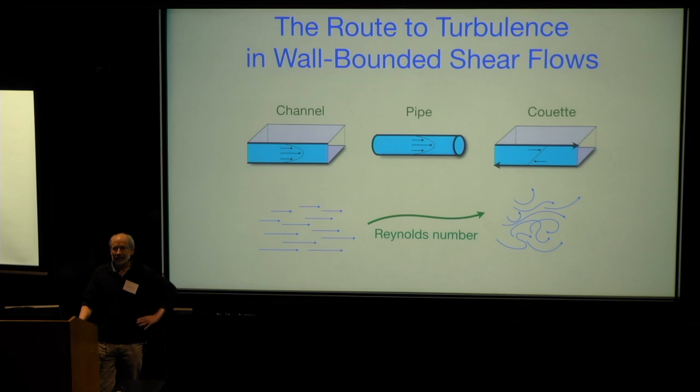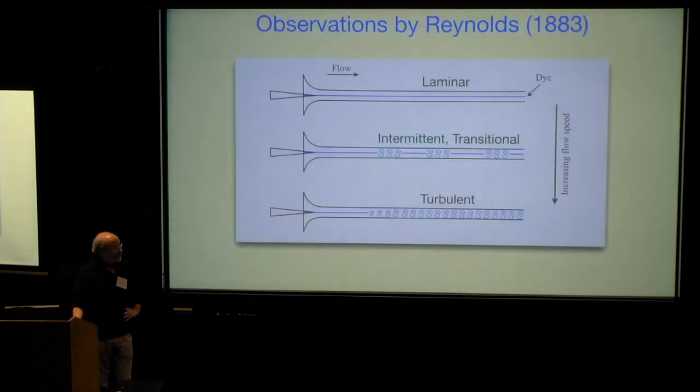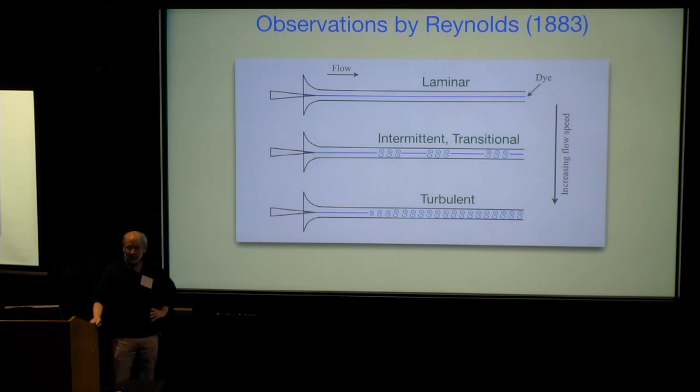And Nigel gave you a good introduction to a lot of what's going on there. Let me just take you to this, which Nigel also showed. So this is what we know from Reynolds. We know that at low Reynolds number in a pipe, which is mostly what I'll talk about, let's see if I can move this around. It's not so easy as I thought. OK, I won't use it.